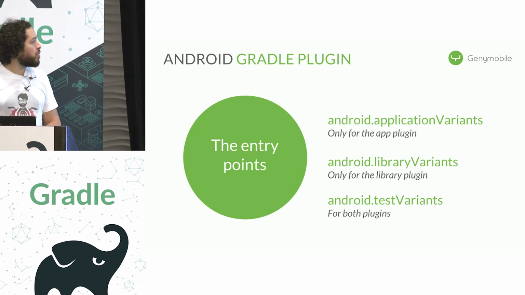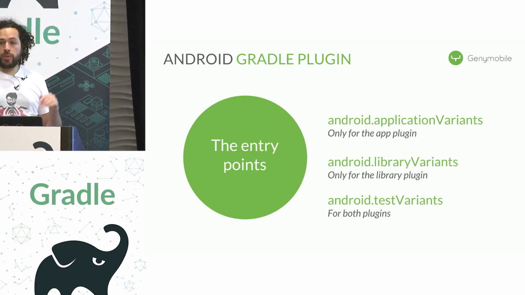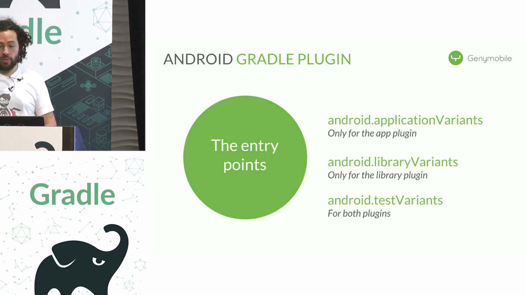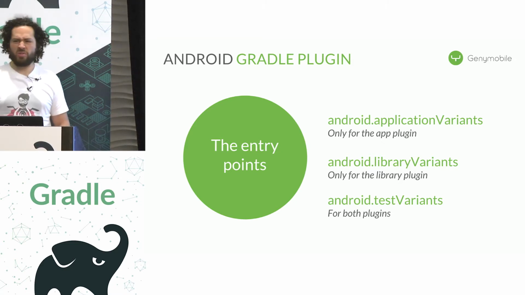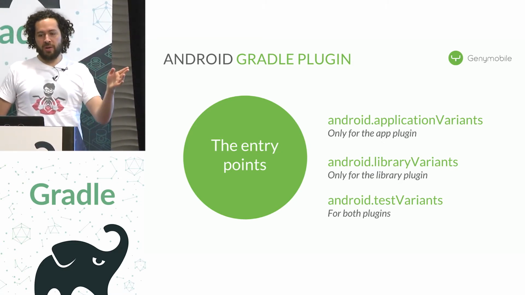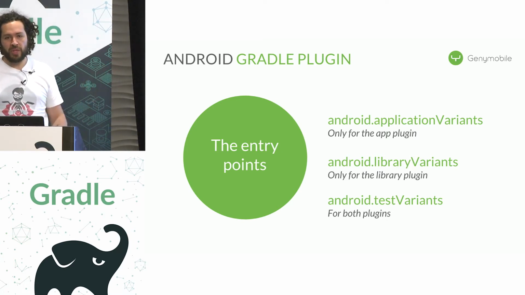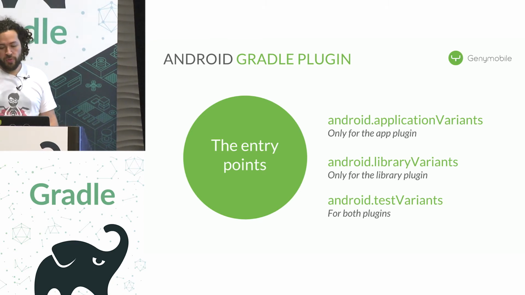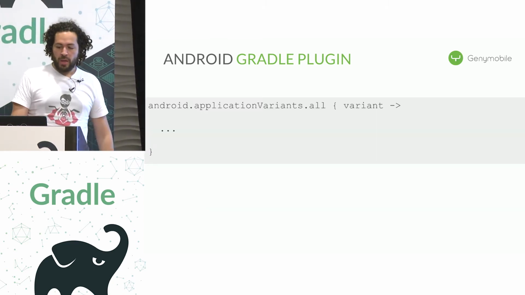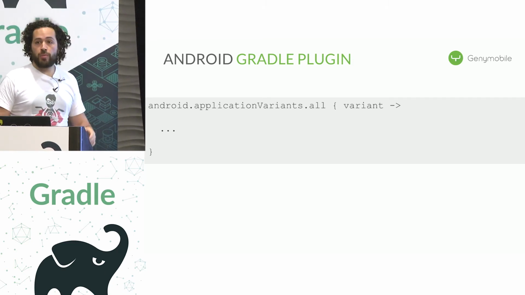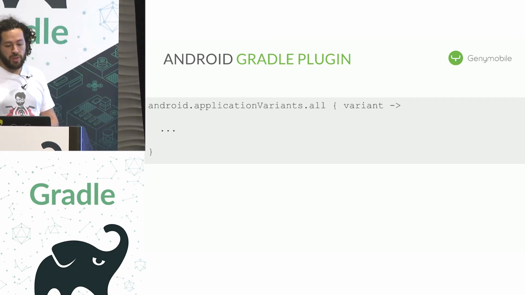Application variants, library and test variants will let you access all the variants. That's really pretty clear. When you want variants that are related to the application, use application variant; for the library, library variant, etc. And for all the variants that are supposed to run tests, test variants. So how do you use it? What is the DSL for that? In your build.gradle file or on your project, you will call